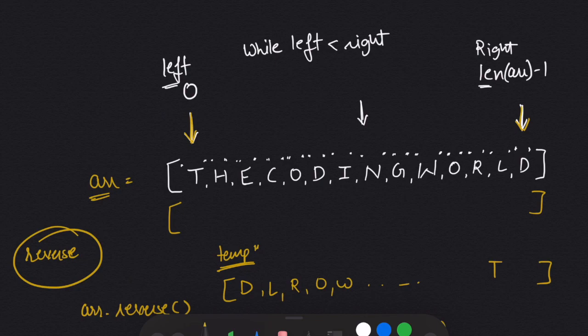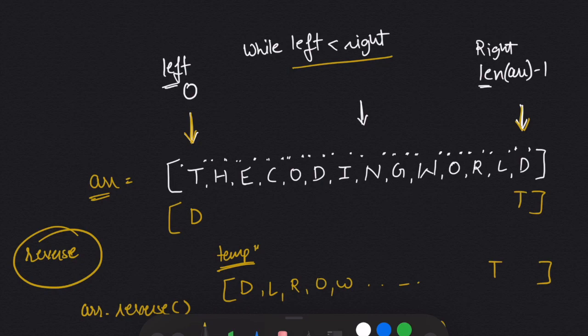I will keep swapping till the left index is less than the right index, and we are swapping the values at the indices, not the indices. So the value at the left index is T and the value at the right index is D. So we will swap T with D. So D will come here and T will come here.